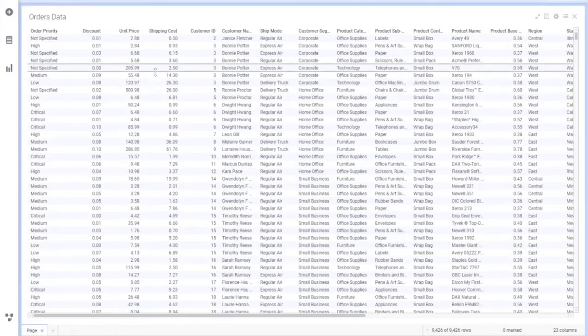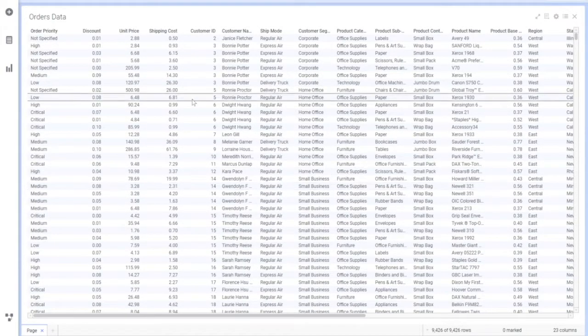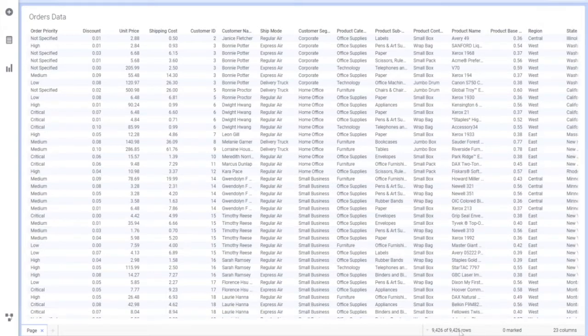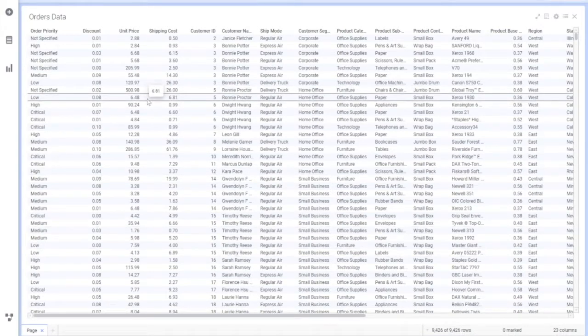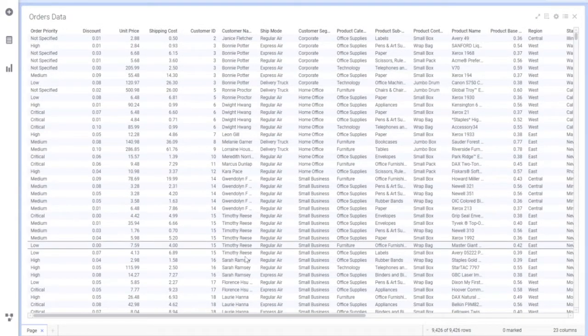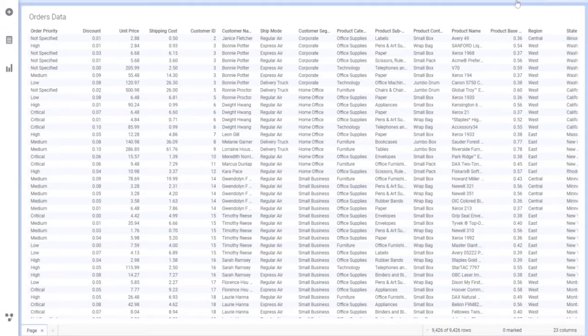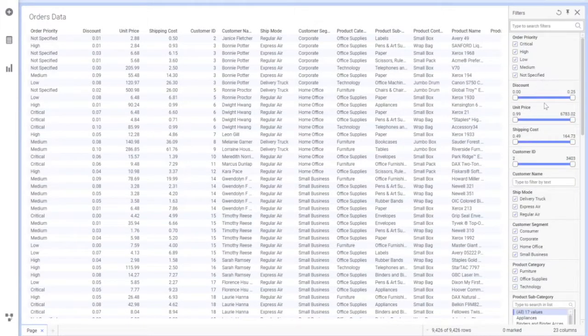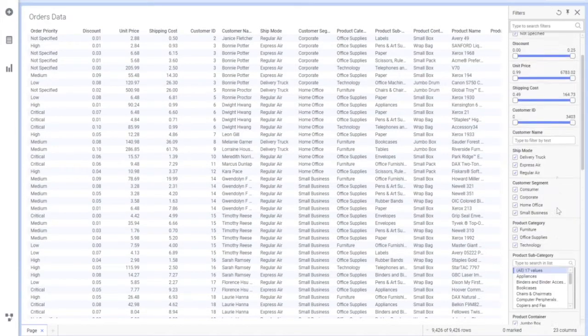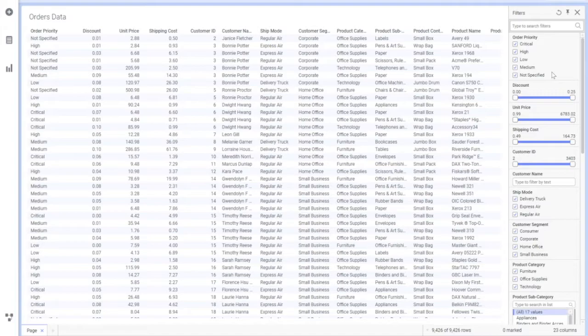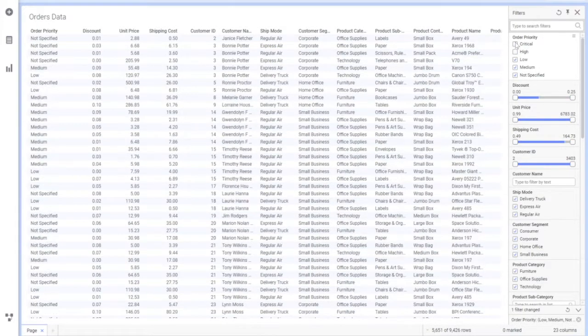That way it will give me a table visualization which will show me all the data whatever I have loaded in the form of a table, which means rows and columns. So these are the columns which I have, and these are the rows which I have, all the data. I can just check it out, and here I have these filters, which means all the columns will be shown as filters, so that I can check what all the values are there. I can easily analyze that way. That is another option. I can filter the data if I wish to.